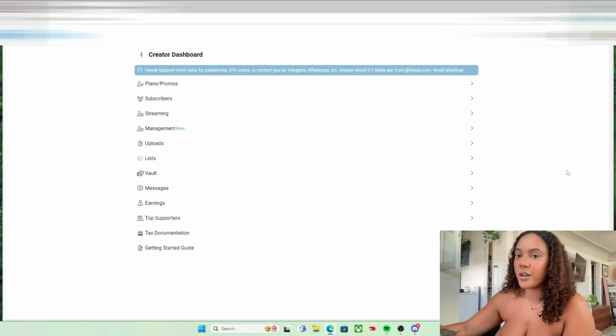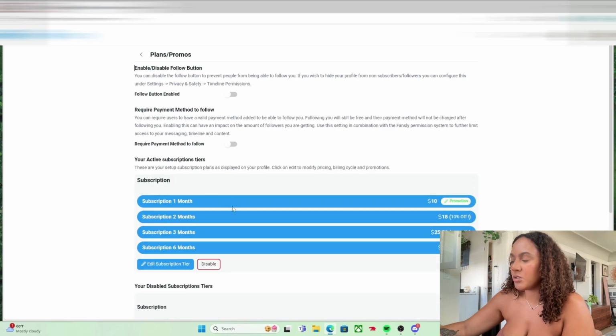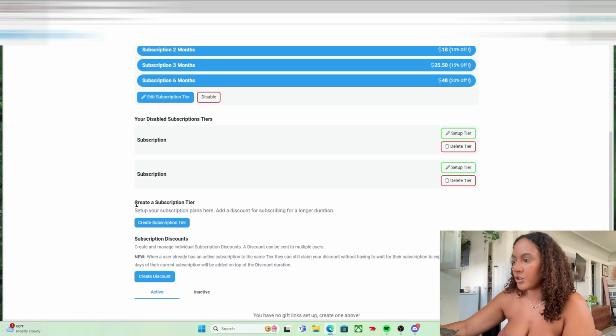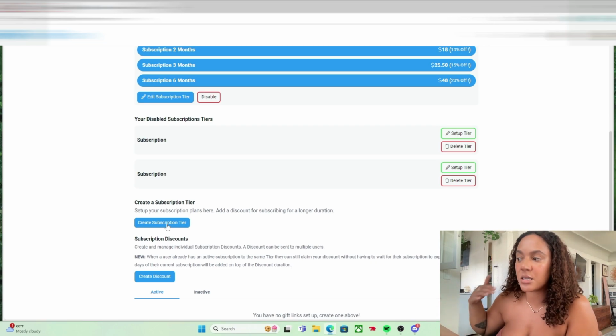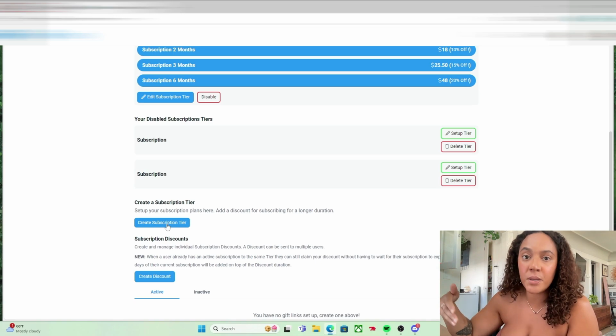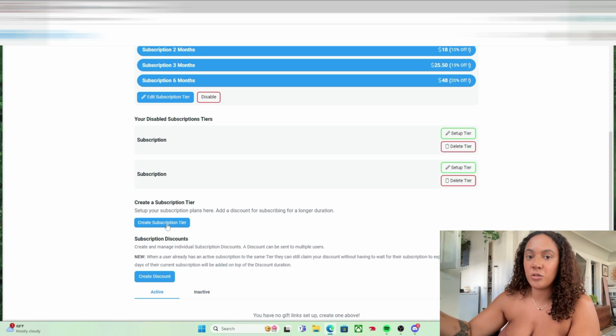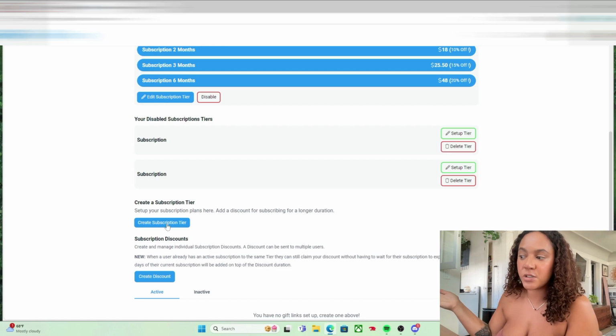Notifications, creator dashboard. Okay, so this is like the most important part of Fansly. So plans and promos, this is where you can create your 1 month subscription and your 2 month subscription. So if they want to purchase it in a bundle, they'll get 10% off, 15% off, and 20% off. You can create a subscription tier. So if people want, I'm assuming, a subscription tier that's $20 and there's no PPVs, you can create that, and people can purchase a $20 subscription and have access to